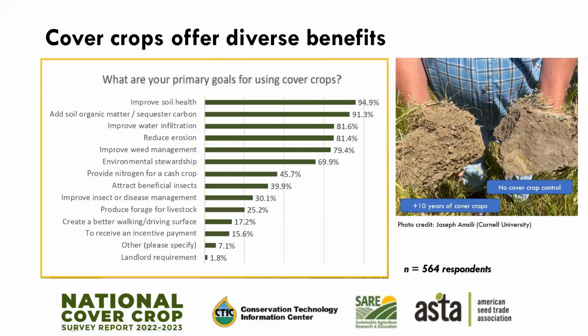So cover crops offer many benefits, as you all know. This was from the 2022-23 National Cover Cropping Survey. And in the survey of about 550 farmers, we see that most people are citing soil health benefits as their biggest reasons for using cover crops. So building soil carbon, improving water infiltration, decreasing erosion, with also some benefits around pollinator habitat, weed control, things like